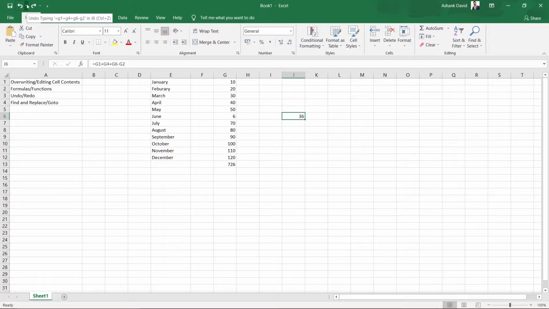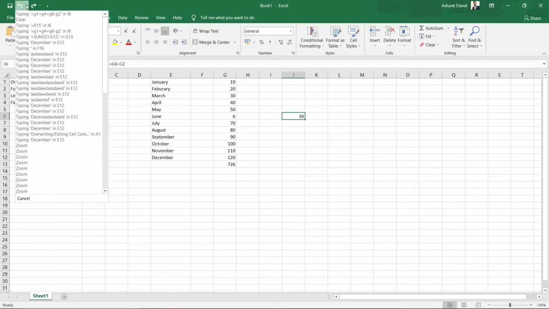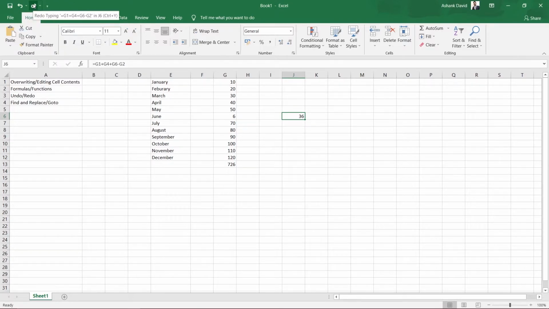I've already told you about this drop down menu as well. So this is the undo button and this is the drop down menu. If you click onto the drop down menu of the undo button, it will show you the names of the steps that you were on before in the past. So you can directly jump to a particular step by clicking onto it. Same applies for redo. What redo does is, if you click onto redo, it will redo all your steps. Basically, it will bring you to your present step, the latest step that you were doing.